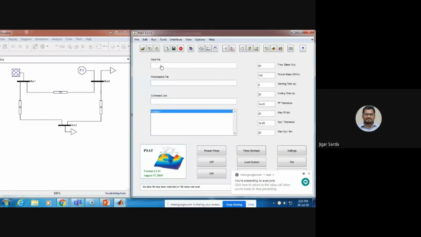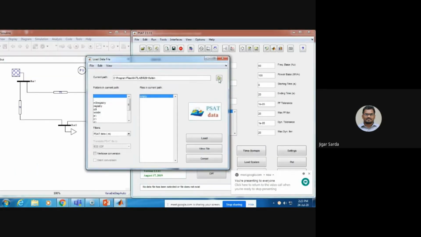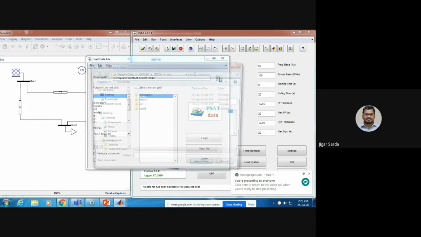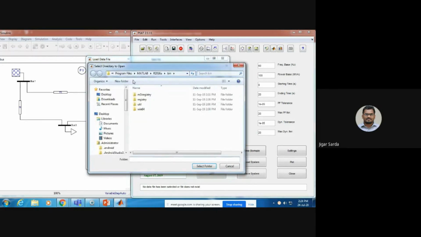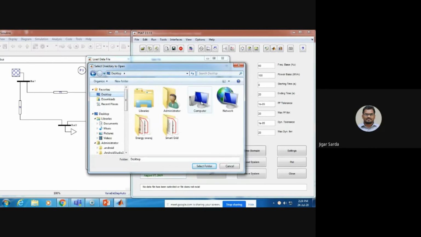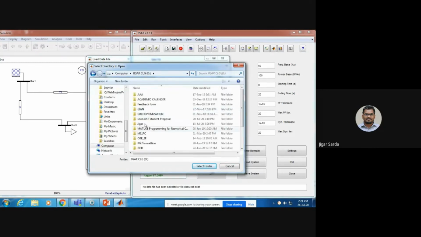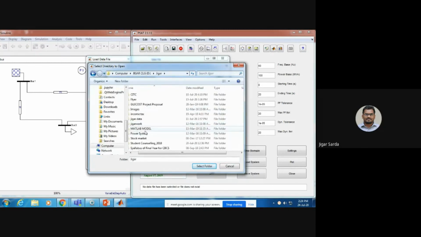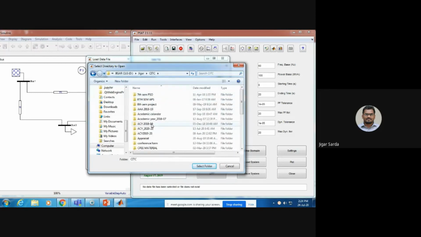Therefore, data file, and browse the folder where your file is present.